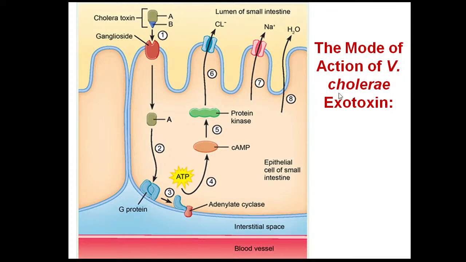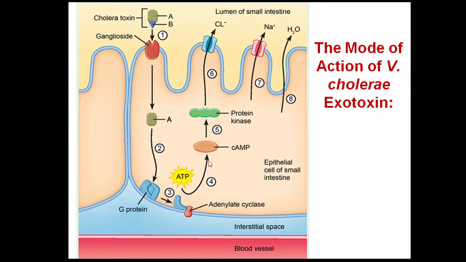By B structure, the toxin binds with the ganglioside receptor on the surface of the lumen of the small intestinal tract, and also will be incorporated by receptor-mediated endocytosis, and then it will be proteolytically cleaved into A1 and A2, and the A active subunit will bind with G protein and be involved in the activity of the adenylyl